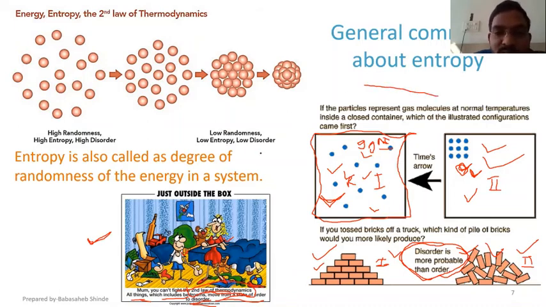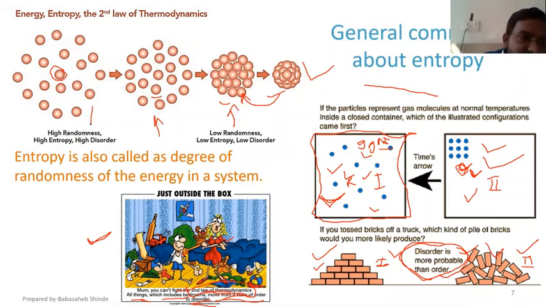that degree of disorder or degree of randomness has been related with entropy. Now, how are entropy and randomness related? If you look at this first picture, then second, third, and fourth, this is the most orderly, right? If you compare this one with this one, the disorder has increased a little bit. When you come to this picture, that disorder has further increased, and this is the most disorderly arrangement.